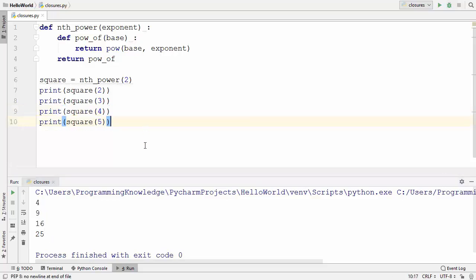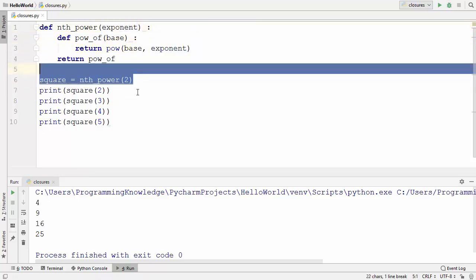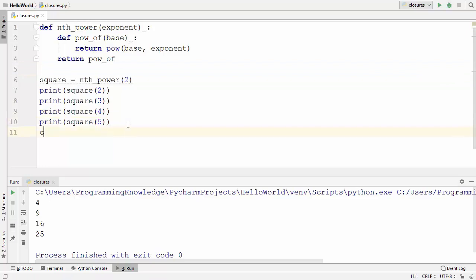So once again we have seen that the closure function is remembering the value which is declared outside the scope, which is exponent. Now whenever I use this function once again, so let me declare one more variable, and this time I want to declare a cube here, and once again I'm going to use the nth power to find out the cube of numbers. So now this 3 is passed as an exponent here, and this exponent is going to be passed inside the inner function. So exponent value is 3 here. That's why we are going to get the cube of the number which we are passing as the base argument